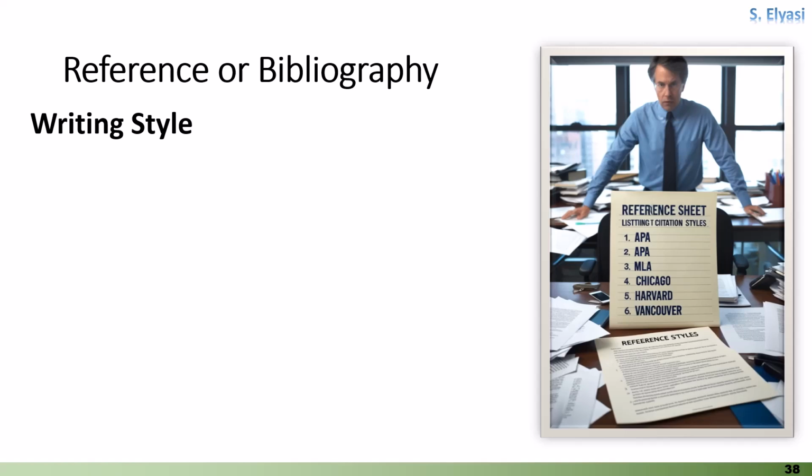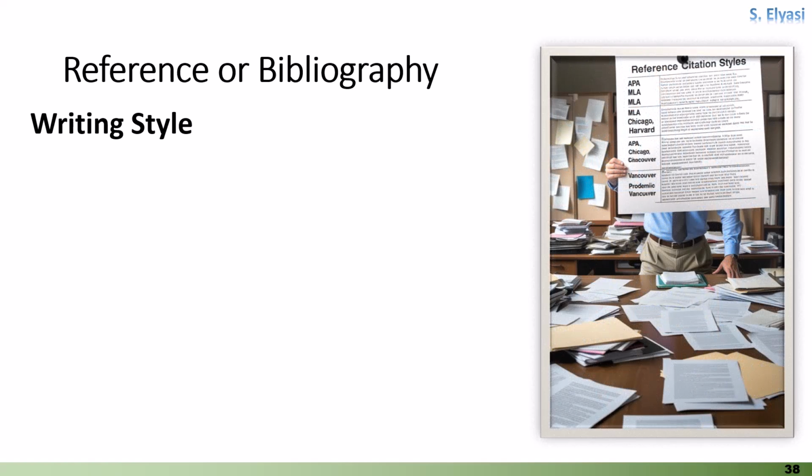When creating the reference or bibliography section, it is essential to follow the specific style guide required by the academic field or publication, such as APA, MLA, or Chicago. Each citation must follow the correct structure, using consistent punctuation, font style, and formatting rules. Authors' names should be presented accurately, and the list should be free from errors or inconsistencies.